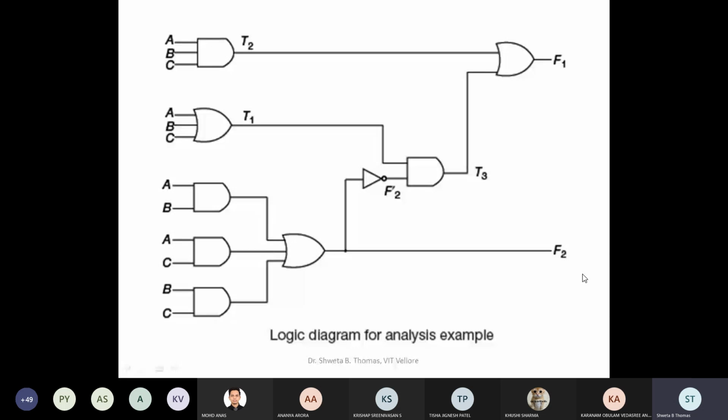I'm waiting for your response. You solve this circuit and just tell me the expression for F1 and F2. Whatever you get, I'm not asking you to simplify with the K-map or anything else. I just want the expression of F1 and F2 based on this given logic diagram. Okay? Your time starts now. Just solve it.